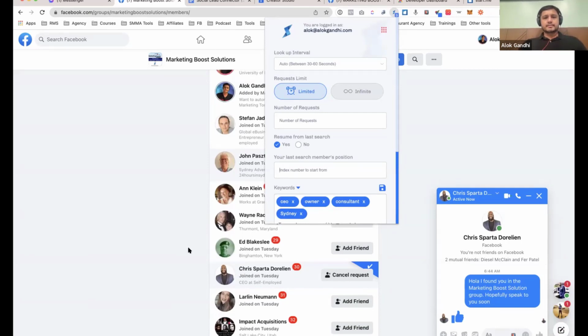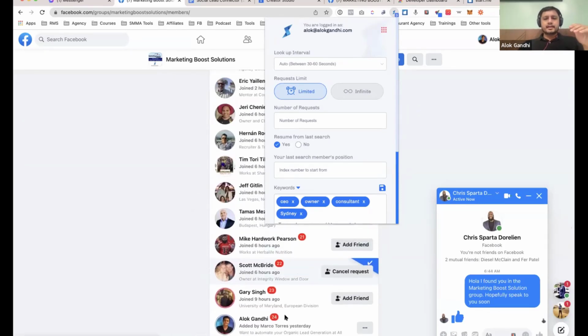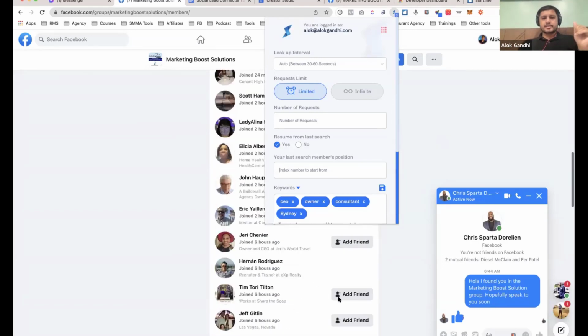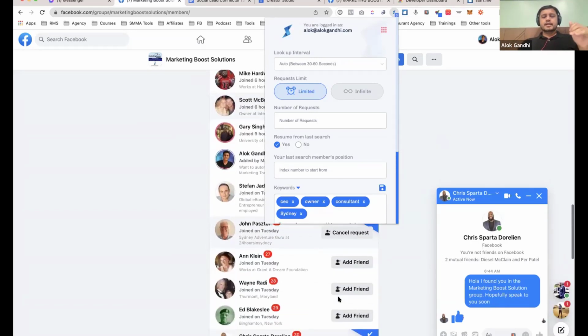But let's say there are 2,000 people in this group. That's when you need to remember that number, because otherwise, you won't even know where to start from. It would just start in ascending order from the top. And if the top 100 in this group show friend request sent, friend request sent, friend request sent, then it would start from the 101st. If you don't even put any number, it would just start from that number, because the first 100 will already show that the request has been sent. Does that make sense? Yeah.